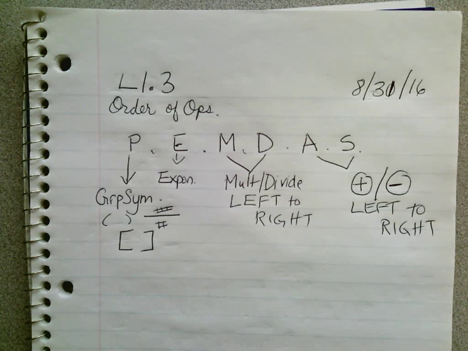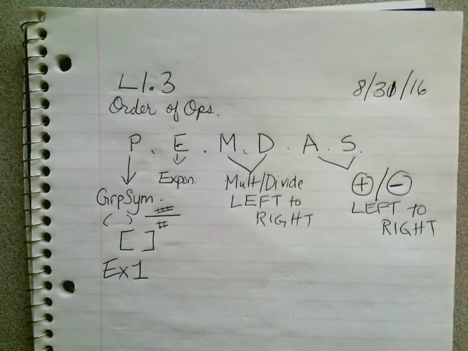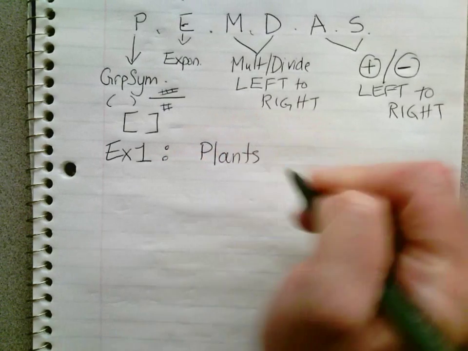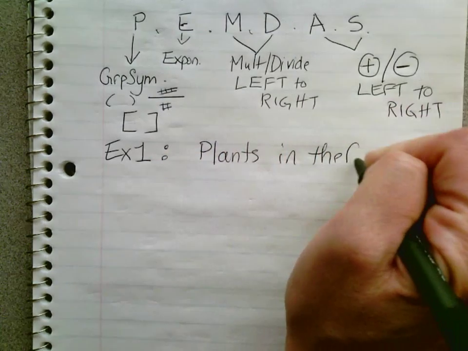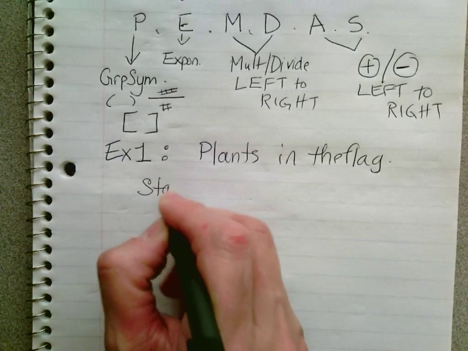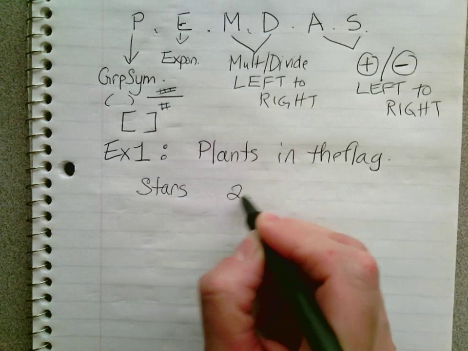Okay, they list it out for you, and they tell you each chunk. So in the 50 stars, I'm going to just kind of break it down for you. This is example 1. I'm going to use their example just because it's a nice example. In example 1, we're figuring out the plants in the flag. So we've got the blue region, the stars, the short stripes, and the long stripes. First of all, there are the stars, and the stars tell me that there are 2,000